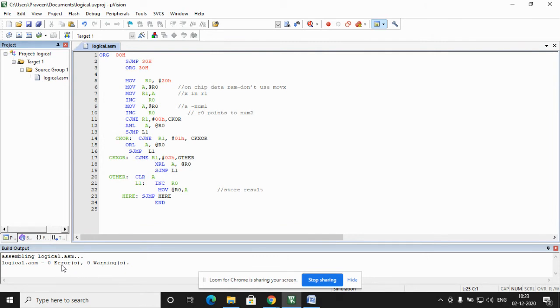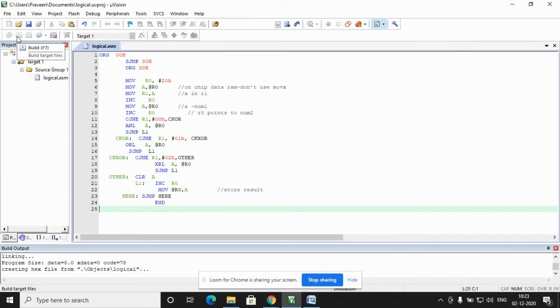You can find that there are 0 errors and 0 warnings. Then you click on the next icon, that is the Build icon. Either click on the Build icon or press F7, it links the hex file to this project. Next, I click on the Rebuild icon, which completes the process.